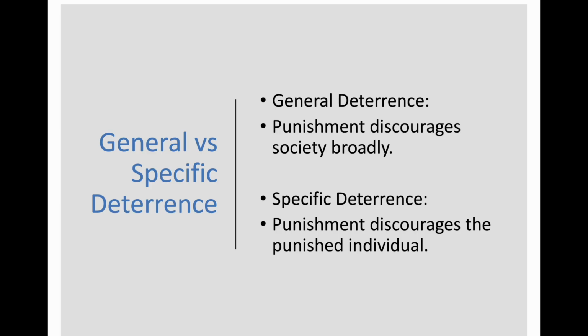Research on specific deterrence often produces mixed findings. In some cases, punishment may reduce offending, but in other cases, punishment may actually increase future crime. Now, why is this? Because punishment can also generate criminogenic effects. For example, incarceration may weaken employment opportunities, damage family relationships, increase stigma, expose offenders to criminal peers, or strengthen criminal identity, and these effects may increase recidivism rather than reducing it.